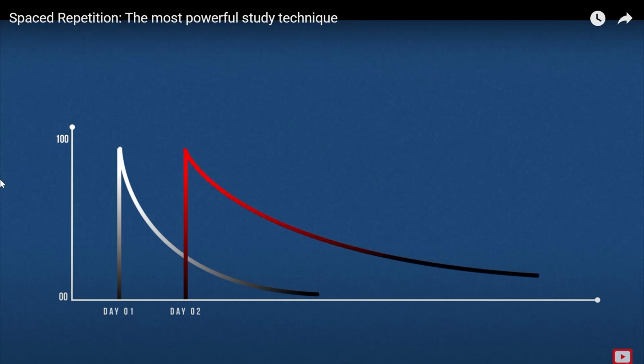So if this is your memory, instead of going from a strong memory down to close to zero, the second time you study something, the same concept, your memory goes up and then it does go down over time, but it doesn't get as low. Okay? So the slope, the gradient, that's sort of like the steepness of that graph is less. So you'll remember more after learning it a second time.